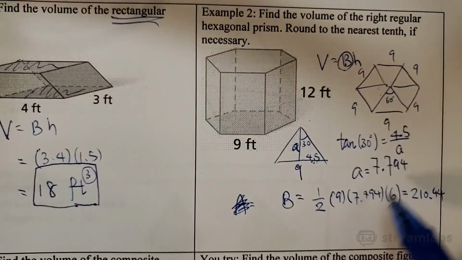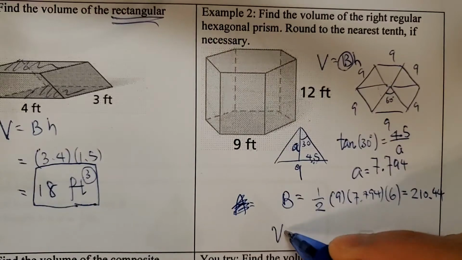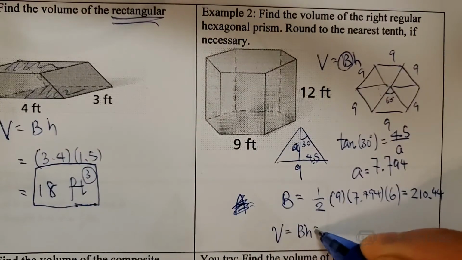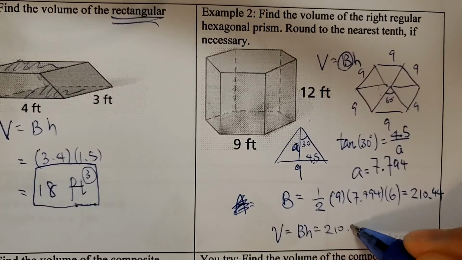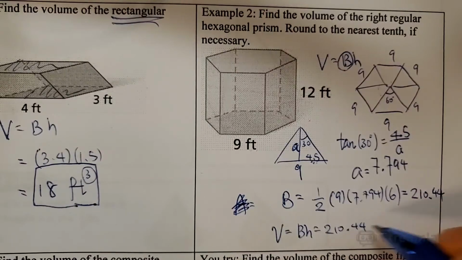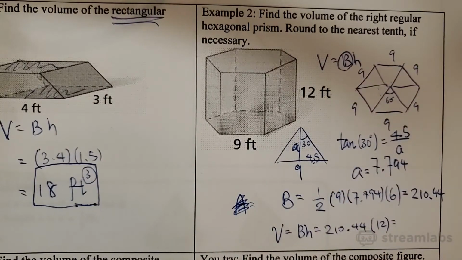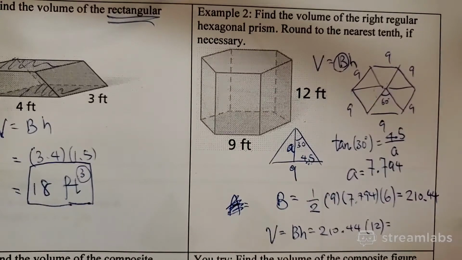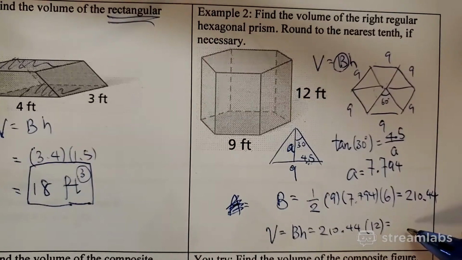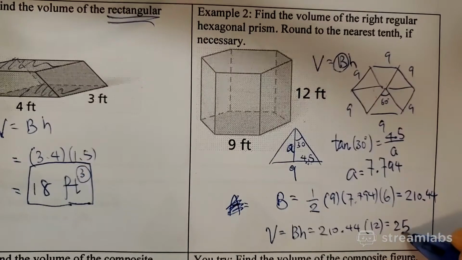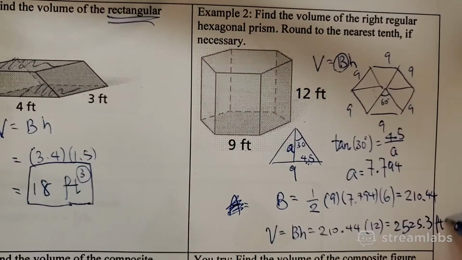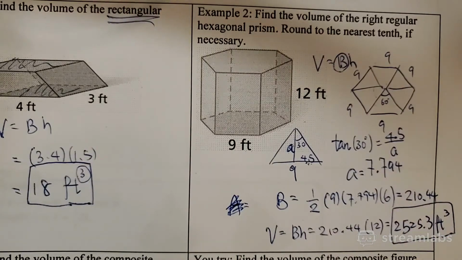Do you get what the apothem I get? So volume is base times height, which is 210.44 times height, which is 12, right? So together is, what happened, Darren? Maybe you're right, I'm wrong. I don't know. Can you tell me if, so this is what I got, 2525.3,